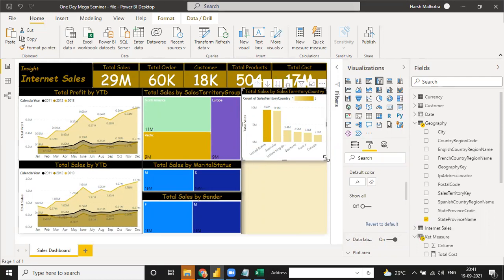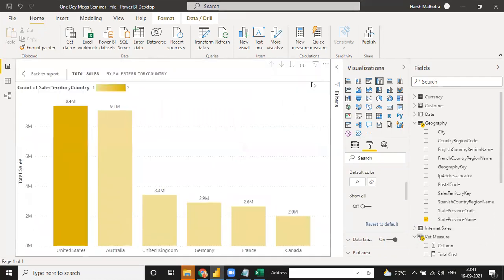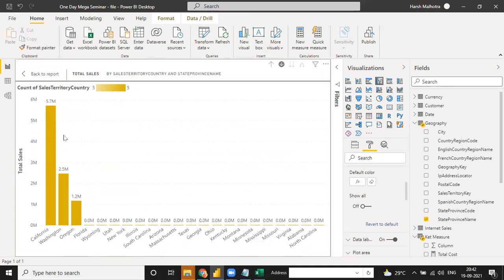Now when you click on this icon, it means your sales by territory, like United States, Australia, UK, Germany, France, and Canada. And when you click on this drop down, it means your selected region, like when you select the US, it means the US provinces.